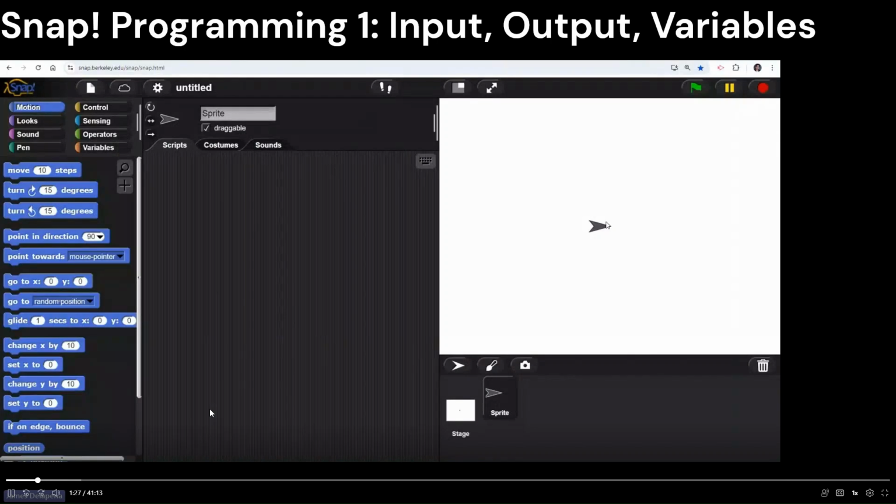And let me do my screen share. Okay, so I've got my screen share going, where you should be able to see my